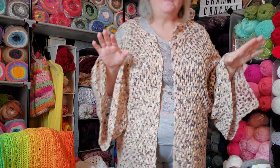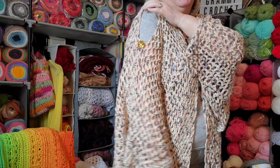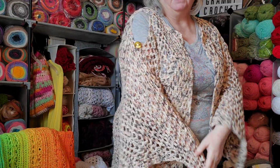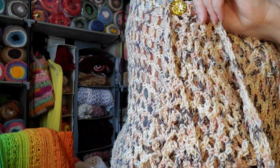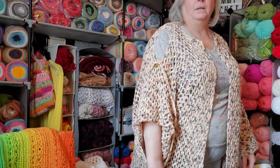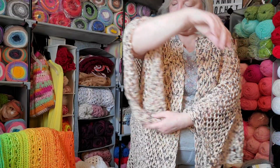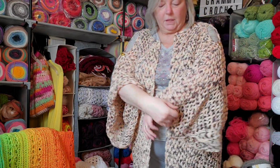So this is the plan. I made the little peekaboo thing because I thought that was awesome and it would be nice with my bathing suit. And then I put a button on it, as you can see, so that if I don't want the long sleeve and it's in the way, I can just do this and pin it up. And if it's still kind of in the way, I can roll it a little bit more. So if it's hotter than,